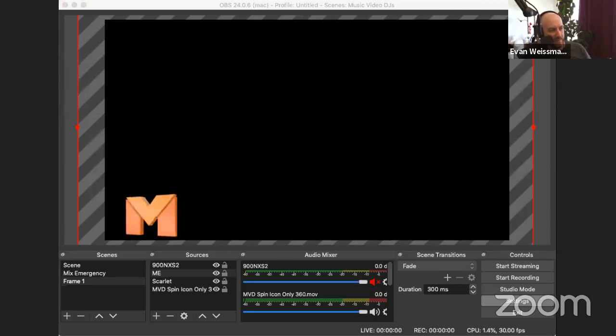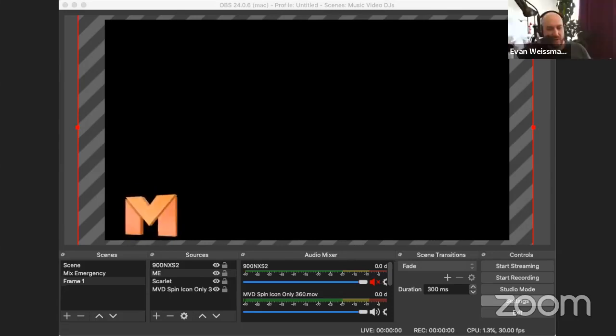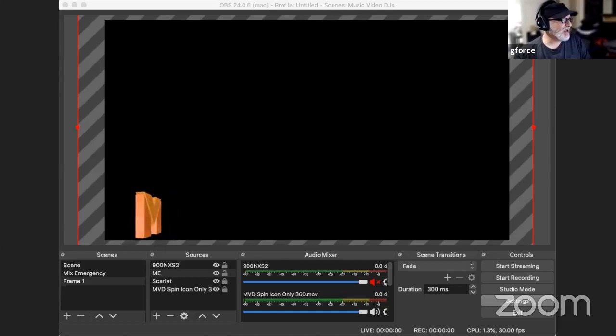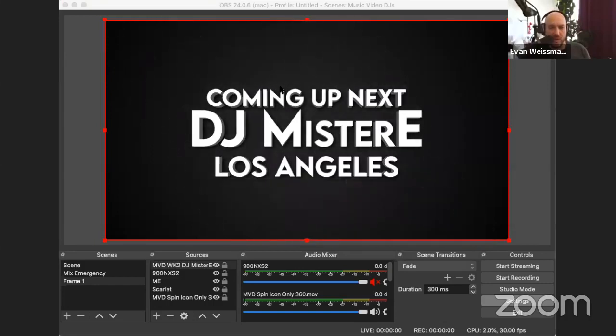On this logo, what format is that? Is that a HAP file? That's actually an alpha, just a regular alpha, and it's a 360. But it's not a HAP, or I don't think it's a HAP. Somebody reached out to me. They were having trouble getting this to play and I thought maybe it was because it was encoded as HAP, but